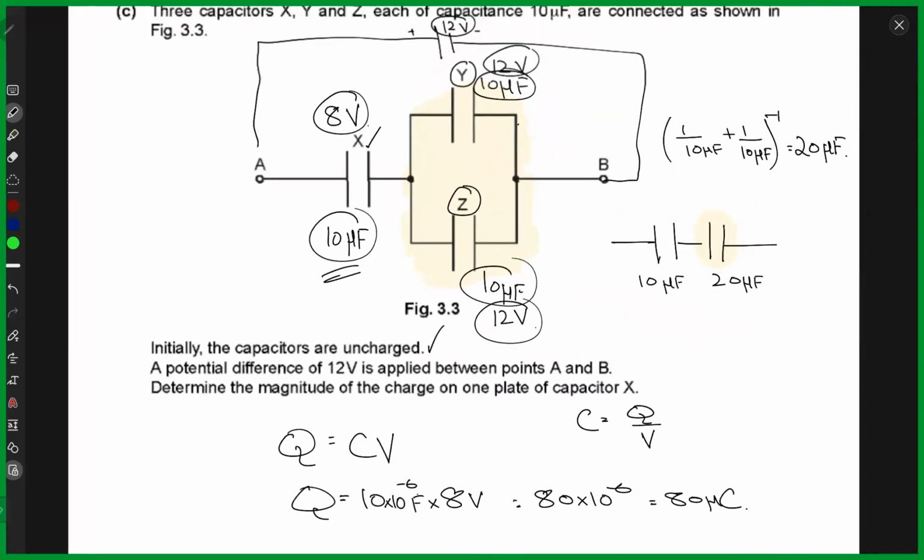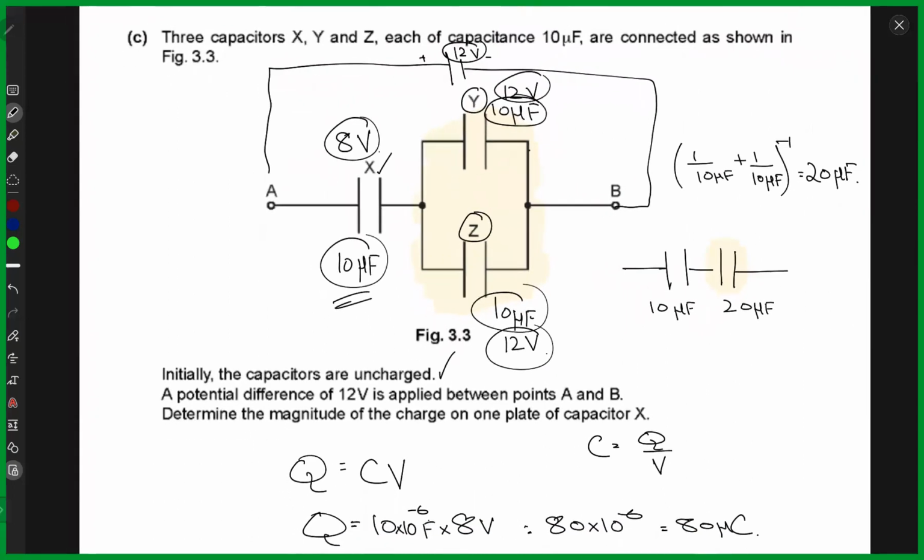Any question from this problem? Sir, aren't you doing the opposite way? And no, I mean,